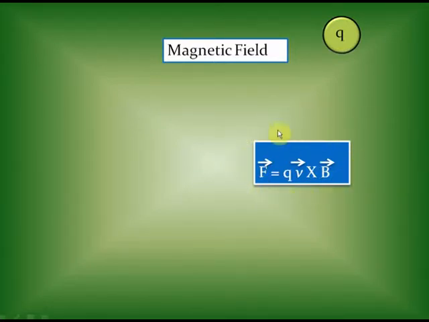So as you can see, the magnetic force is the cross product of V, the velocity vector of the charge, and B, the magnetic field vector. What will be the units of magnetic field? Well, in this formula, the magnetic field is considered to have a unit Tesla. This is the unit of magnetic field, Tesla here.